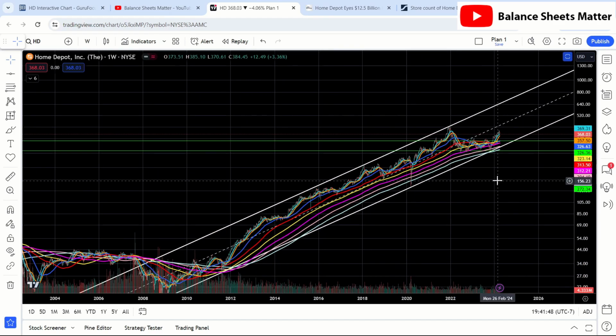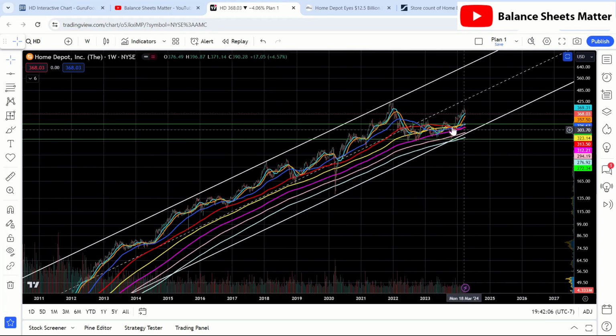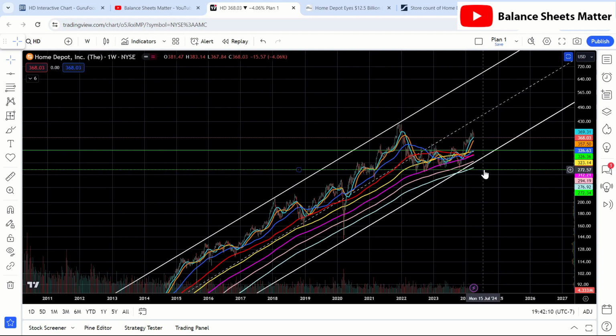And you can see this channel here is not something I believe it will continue in, because this channel is that 20% compounded annual growth rate. And for this to continue, you have to believe that Home Depot is going to have some significant margin expansion. Otherwise, it could start trending sideways, but these lines here are potentially just technical points. I would personally probably be waiting for the lower trend here. Probably not going to get that, but it may also just drop to the low 300s and could potentially be a good buy there